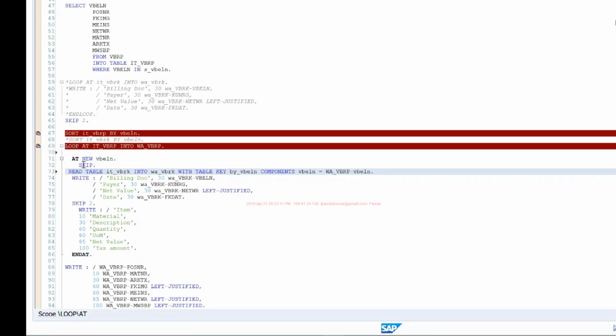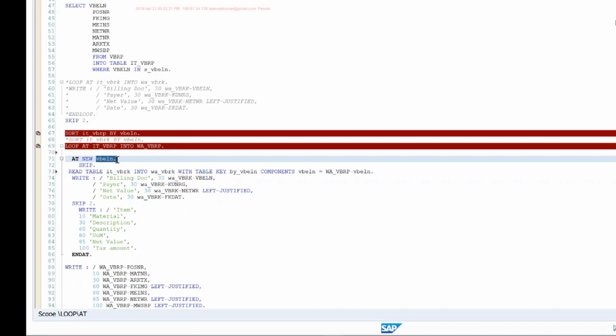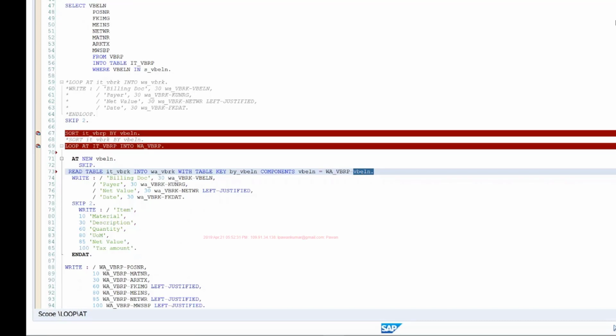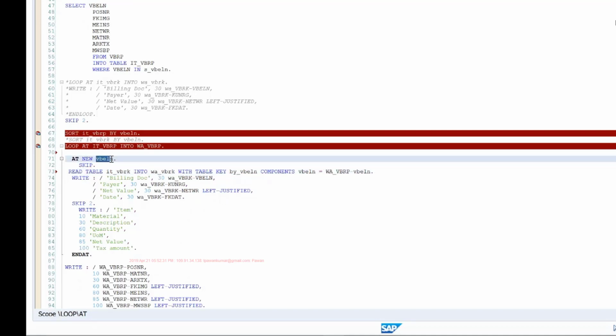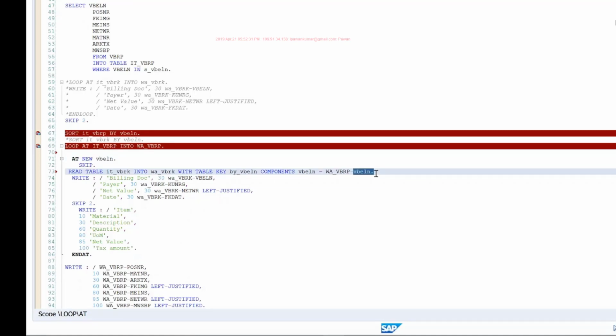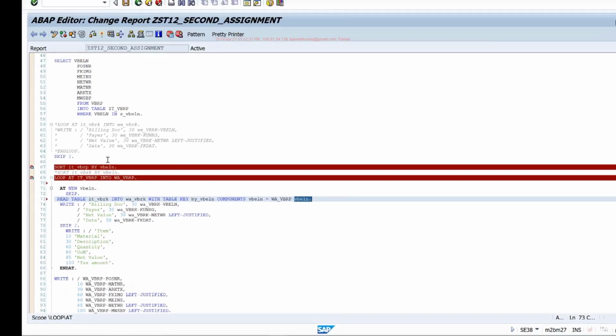And yesterday I said when we are using these control break statements, the work area will not be accessible, right? But I'm applying the control break on VBELN, and here I'm comparing VBELN only. So I don't have to worry about it. This VBELN will be accessible. But if I want to compare any other field of this WA_VBRP structure, then I'll only have stars here in the control break. So I have to use a temporary structure to move my data, which we've seen in the previous session when we were talking about control breaks, right? In this case, we don't need that because we are only using that field within the control break. So that data is anyway accessible.